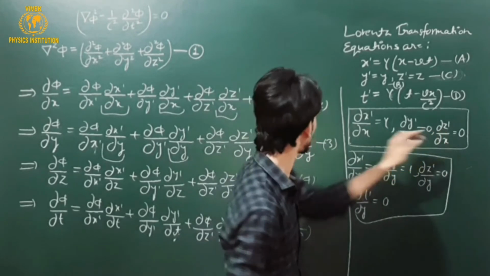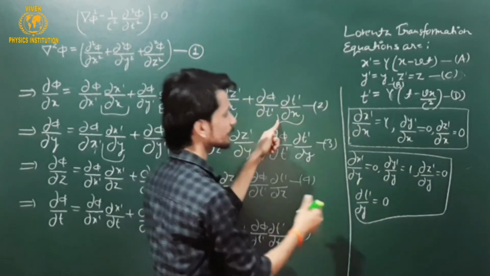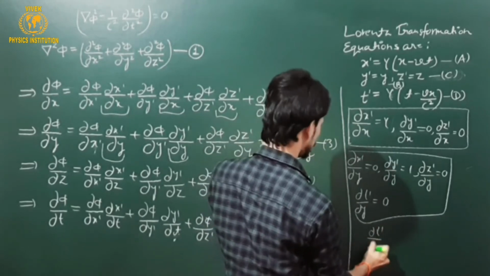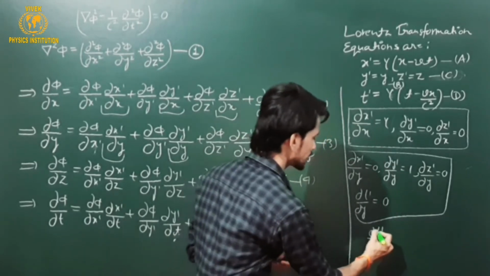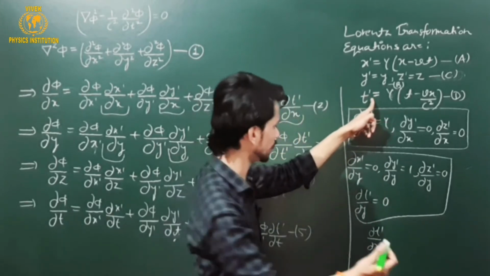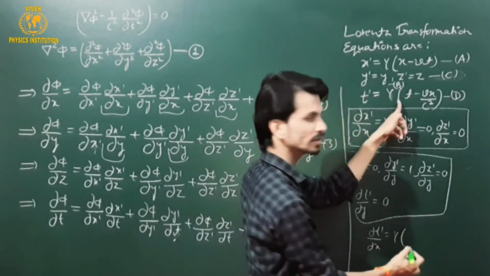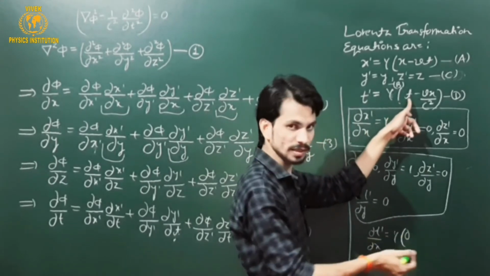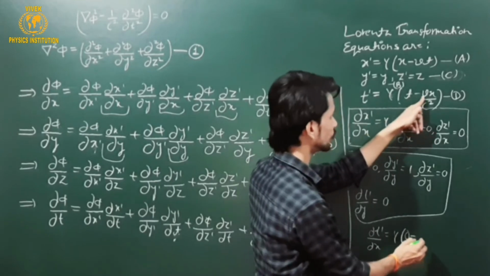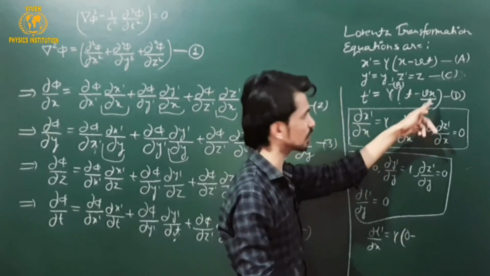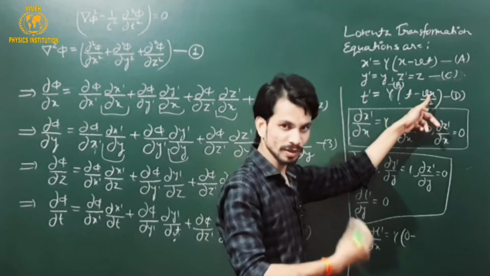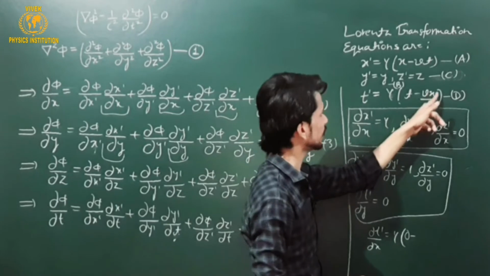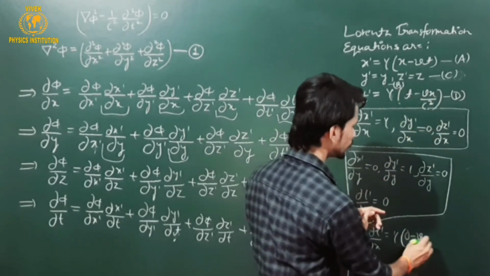So the 4th factor, the value of ∂t'/∂x, I am writing its value here. This is ∂t'/∂x. The differentiation of t' with respect to x: gamma will be constant, with respect to x it will be treated as 0, because this is a constant. Minus v over c square are constants, because v is the velocity of the frame of reference which is moving, and v is a constant value for that particular frame of reference. x will be 1, so the factor will be only v over c square.